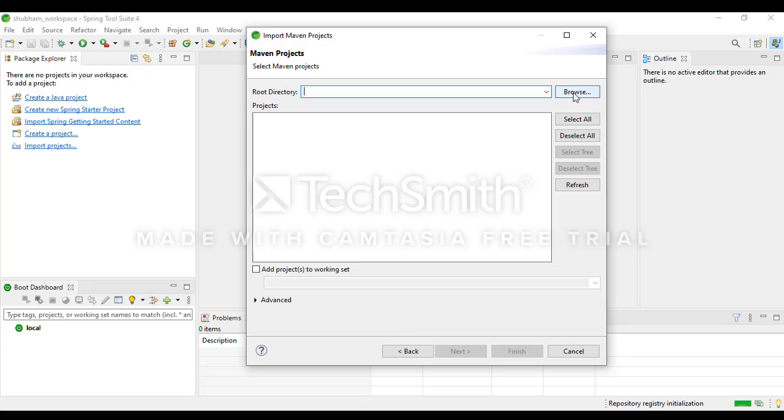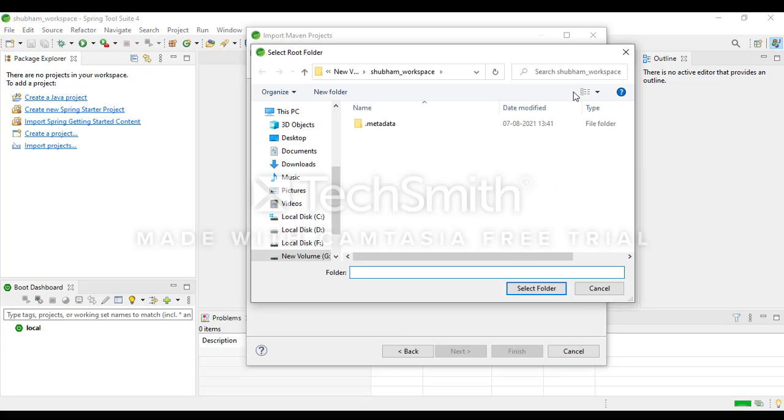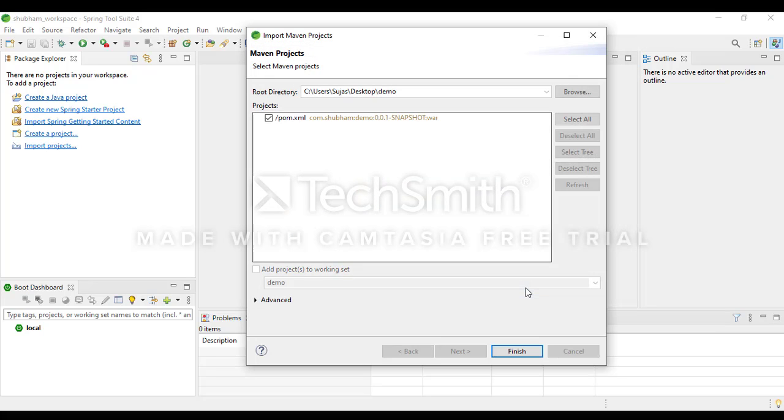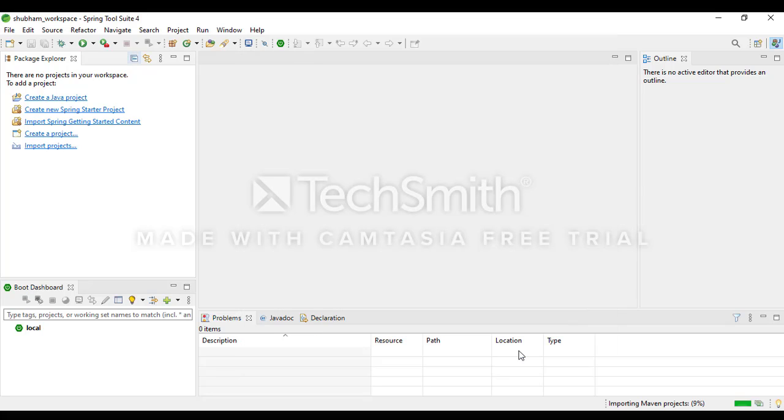Next, select the directory where we unzipped the project. I unzipped my project on my desktop, demo. Select folder. Here you see that the pom.xml file is automatically fetched from the project directory. Now we click on finish.